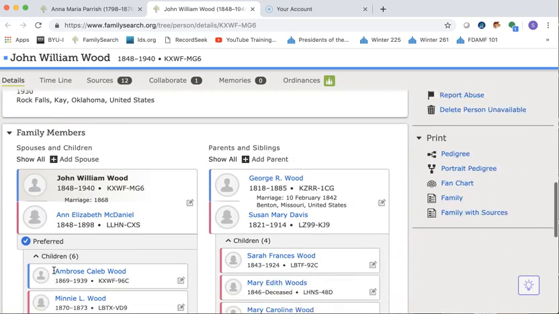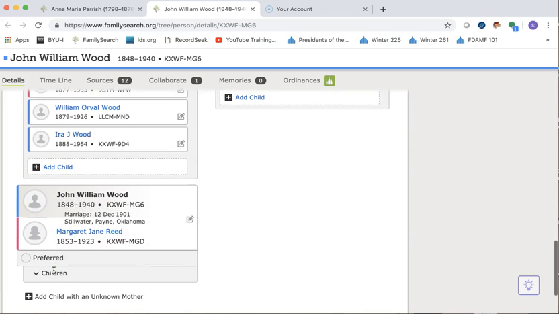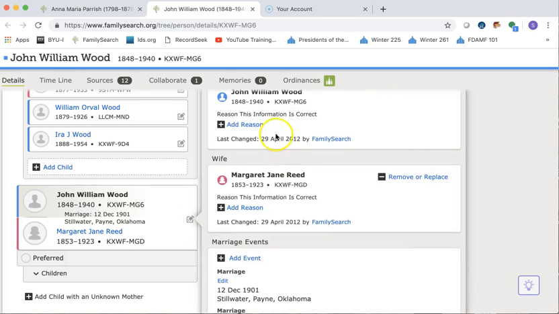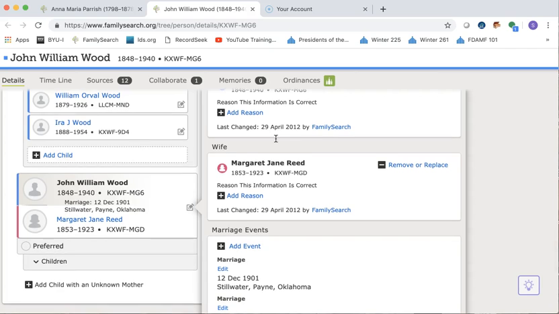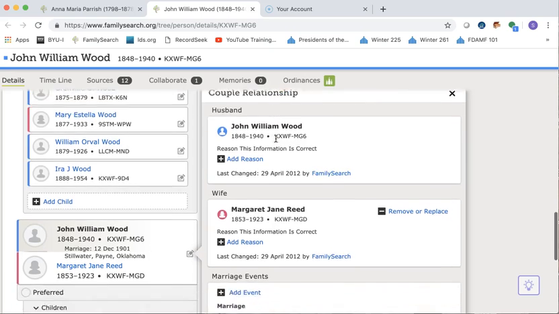Now there's one other on this page that I might demonstrate because it's harder to standardize marriage information. Maybe it's not harder, it's just different. And so what you've got to get used to, if you look here, I want this to say 12 December and I want it to say Oklahoma, United States. So the computer's reading it correctly, but it's not formatted the way that it's supposed to be. So all you do is you click this little pencil icon, and up will come a little page that you're able to do all sorts of manipulations to the information. And the third box down